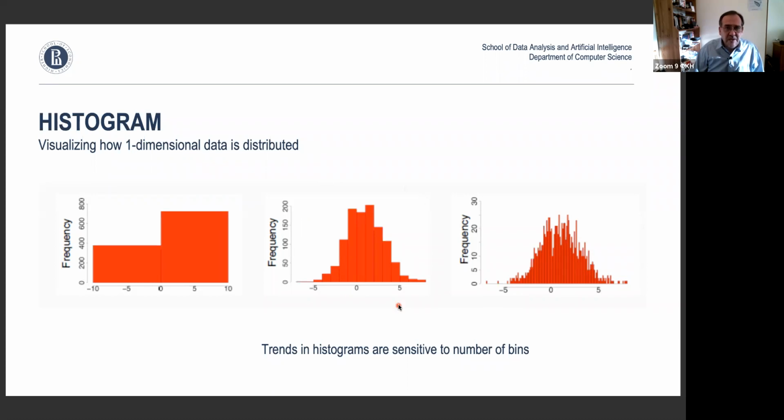So the rule of thumb would be to start with lots of bins and see if they're too small, right? If your distribution looks very, very spiky, then make them a little bit wider until you see more or less a histogram without a lot of missing points. Okay.